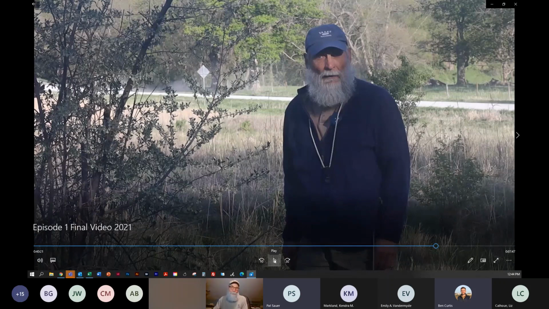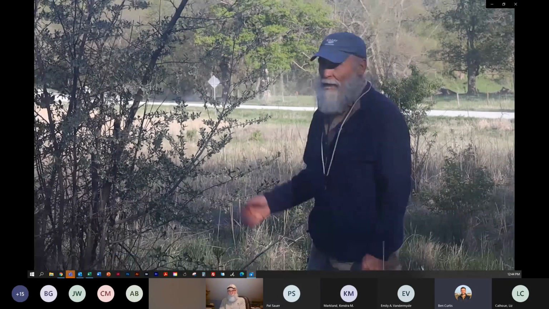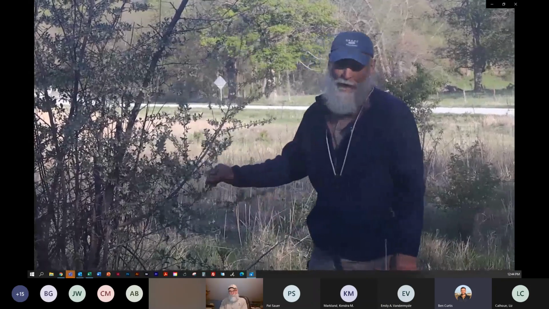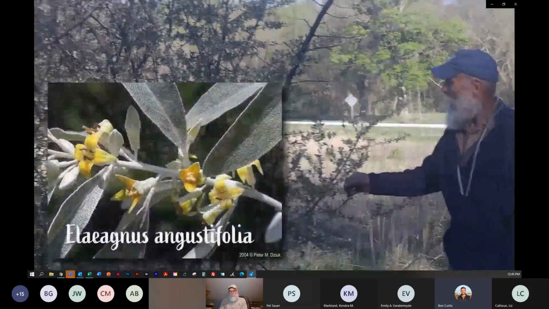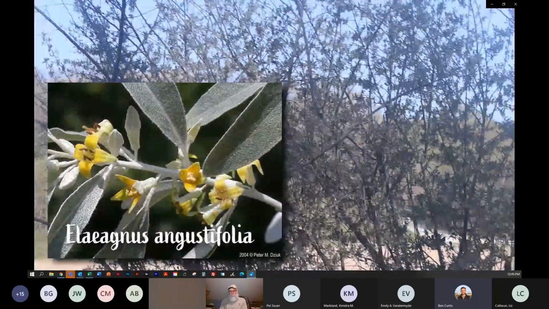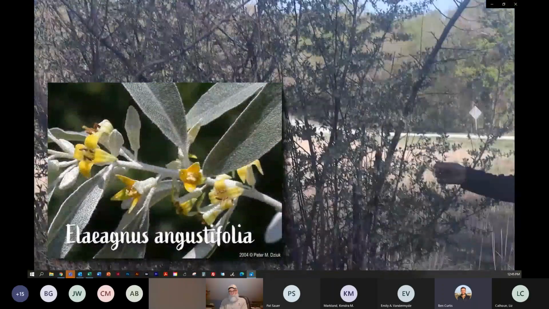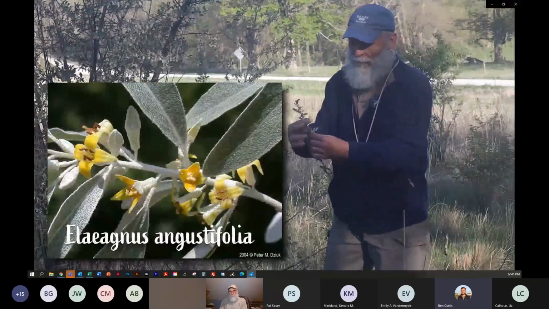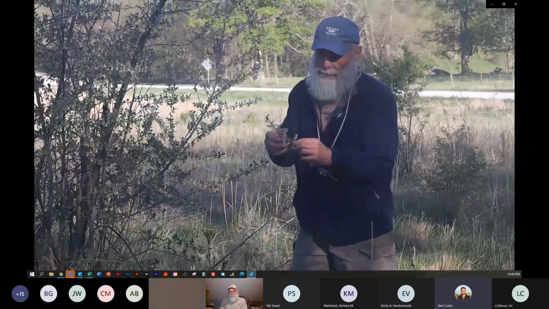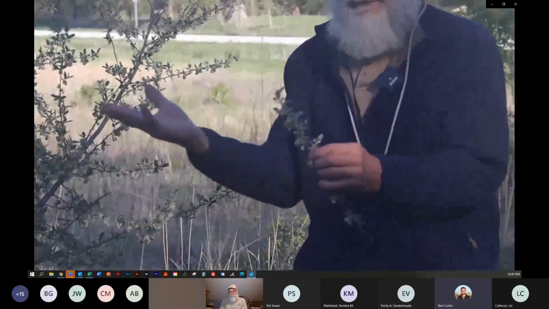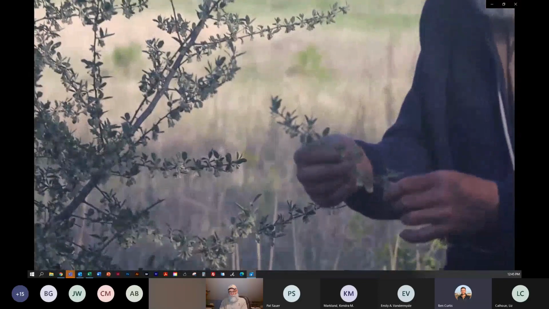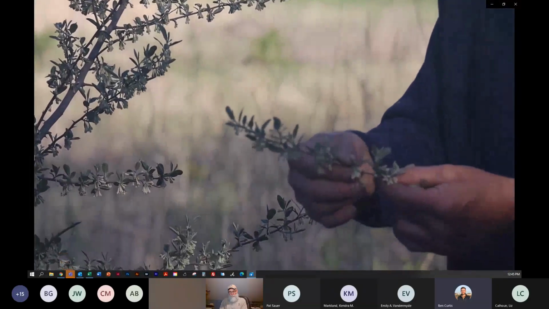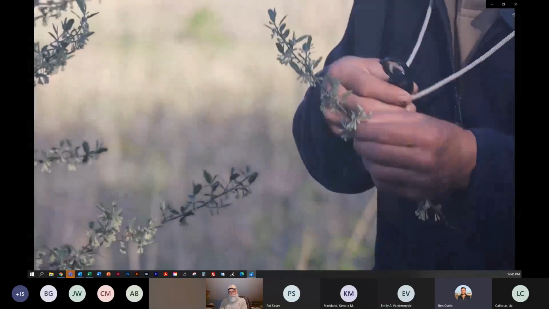Here is another, what I would classify as a very invasive woody shrub. This is Russian olive, Elaeagnus angustifolia. It's starting to form flowers here. We could use those to help identify it, but we really don't need them because the foliage is pretty distinctive. Now there are two species of Elaeagnus. This one, Russian olive, is the most common. There's another one, autumn olive, that's also present.